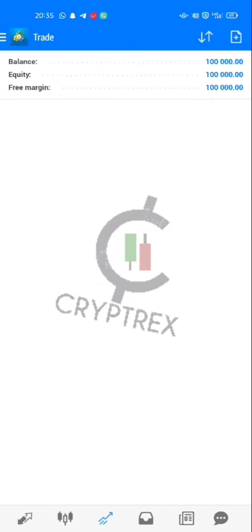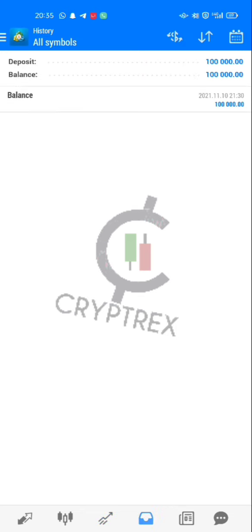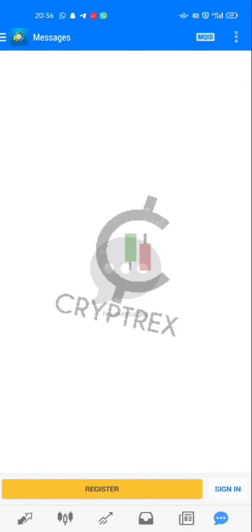Every other thing here, this particular tab here shows you your equity. Like for this demo account, I was given $100,000 to practice with. Do you understand? So it shows you your equity, your balance, and everything. You could have a history here. Your history basically shows you all the trades you've taken, and you could use it as proof to people, those that were in profit, those that were in loss. It will show all here when you take trades with it. This is newsfeed. And then we have messages. Depending on when you've logged into a live account or your broker and everything, the messages will come up here.